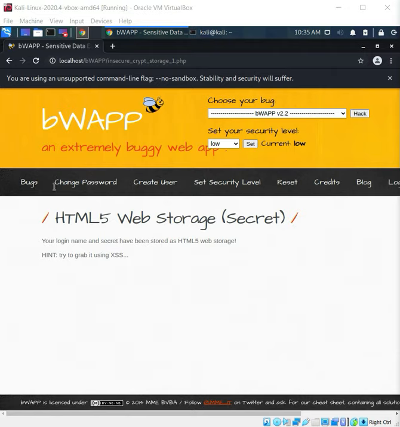So in this lesson, it's going to be a quick lesson right here. We have HTML5 web storage. And right here it says your login name and secret have been stored as HTML5 web storage. And the hint is to grab it using cross-site scripting. Well, we've already done cross-site scripting in a previous lesson on the get and post, and we're going to be